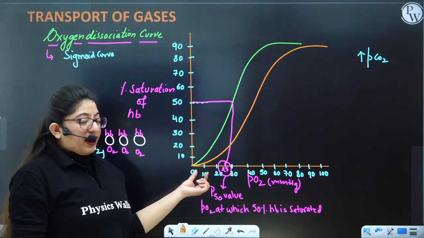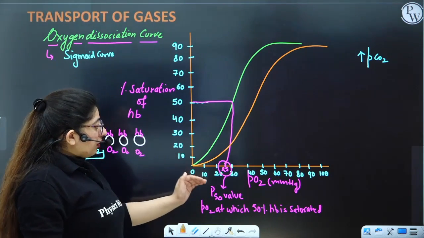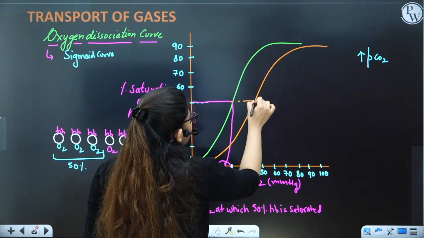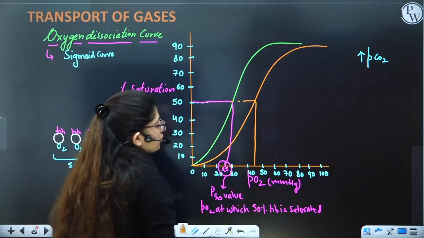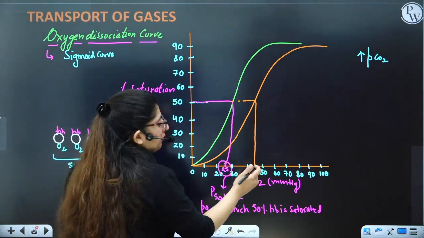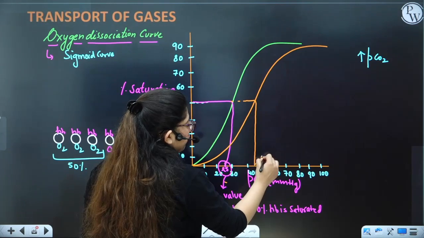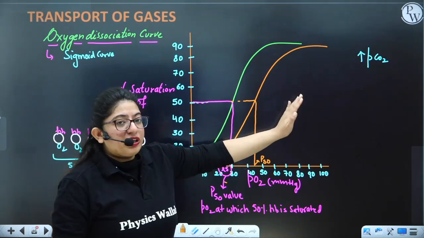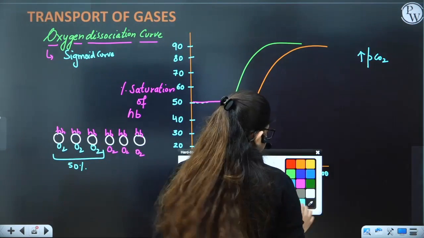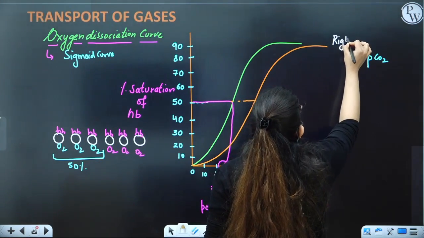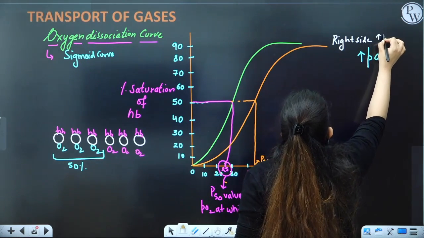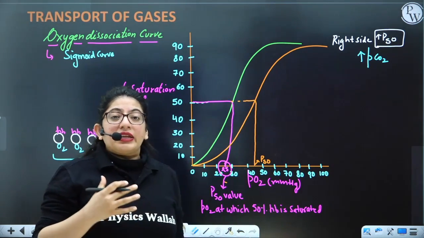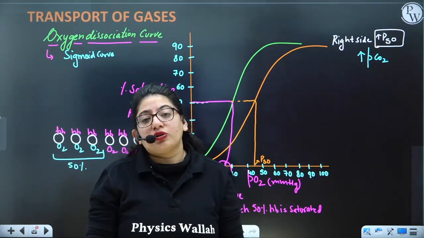So at 25 in normal condition, the hemoglobin was 50% saturated. Now at a higher oxygen concentration, the 50% saturation will take place. As a result, the P50 value is shifting. As you can see here, it's the P50 value of the other curve. The P50 value is increasing. So whenever the graph is shifting towards the right side, which side is this? This is the right side. The P50 value will increase. Why will the P50 value increase? Because here the conditions have been formed such that you need to have more partial pressure of oxygen.